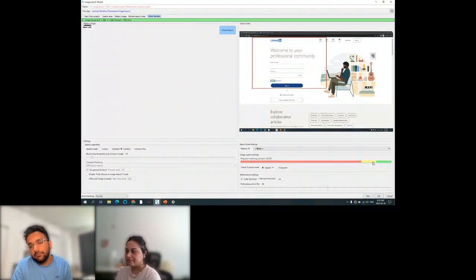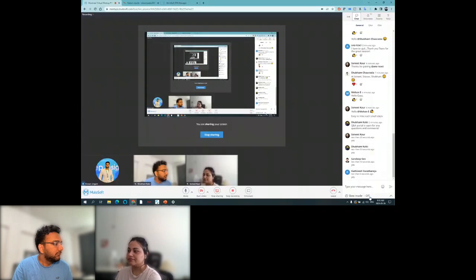It's fine, but it's always good to keep around 84-85%. Okay, and wait till the image is steady. This is also a very good option, because sometimes our web page loads slowly if our internet is poor. Of course, whenever we are deploying the task, it will have very good internet, but it's always better to choose this option, wait until image is steady, so that it will be easy for us. Now again, test it.